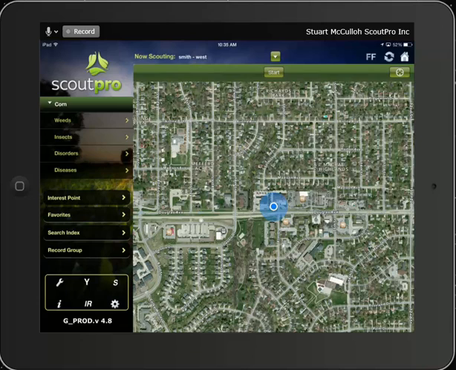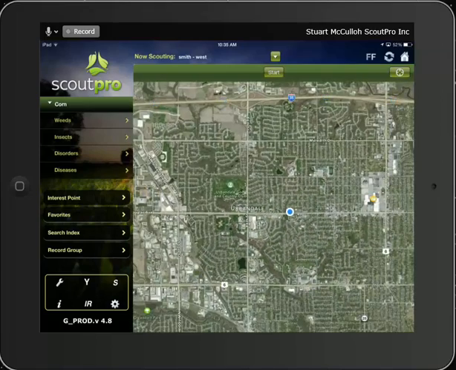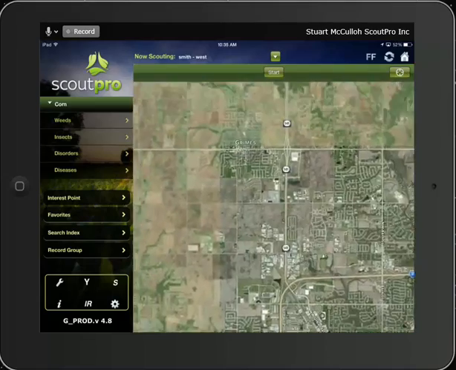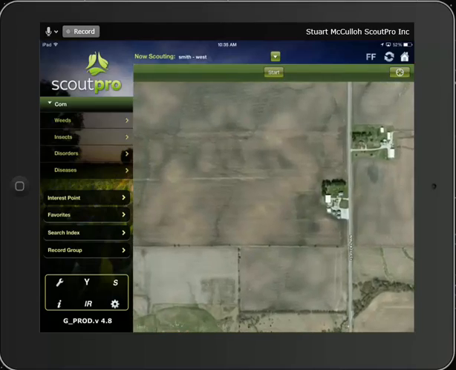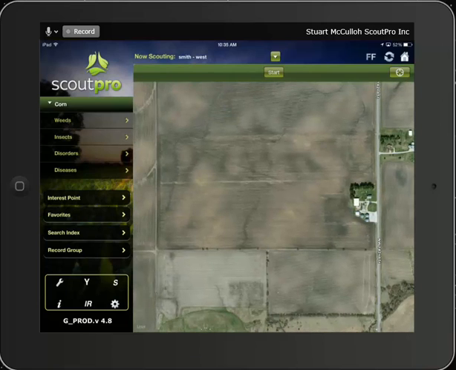Your beacon should appear and we can begin drawing a map boundary. If you're not in the field that you would like to draw a boundary on, zoom out by pinching your fingers together and find the field you would like to draw a boundary for. Zoom in and place the field so that the corners are appropriately aligned as to how you would like to